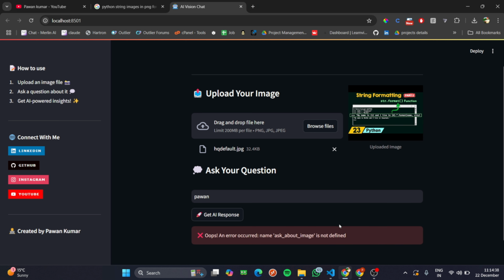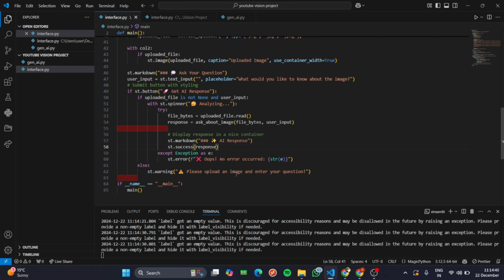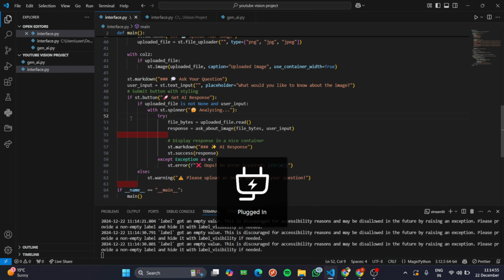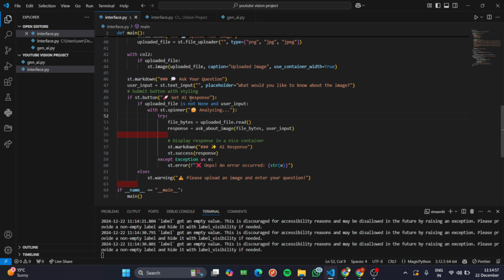That's good. But now we have done the interface part, and we have to do the backend part also. First I explain what I'm doing here. I'm handling the submit button. When I click on the button, it will check if the file is there or not. If the file is there,